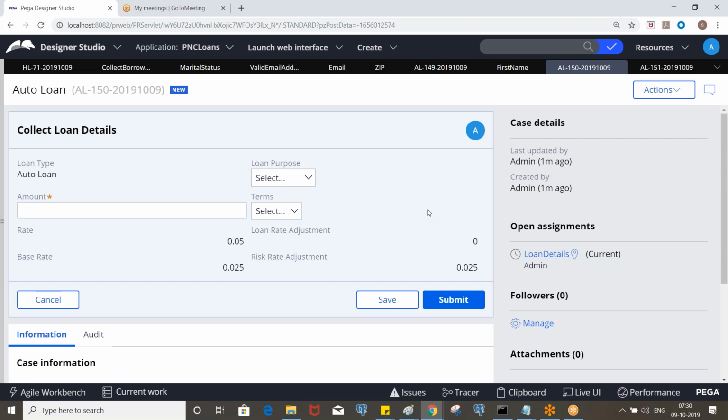In the interviews they will not ask about the Java code and all, but they will ask you about the difference between the client side and server side, and what the rules are for client side and what the rules are for server side.